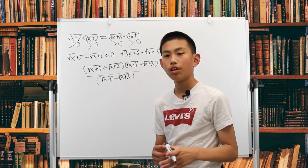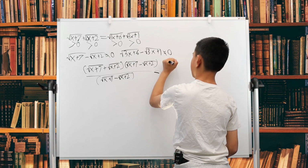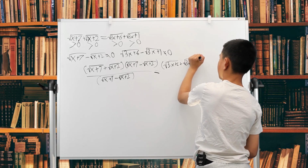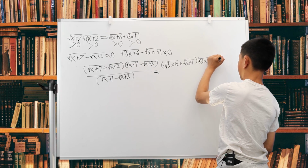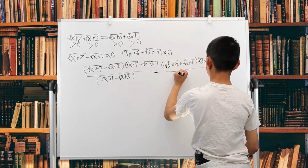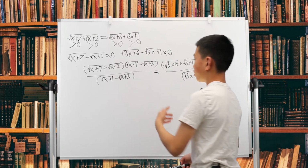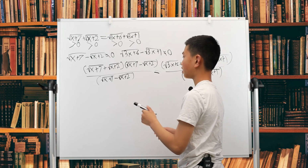We do the same thing for the right-hand side. So the right-hand side is going to be the square root of 3x plus 6 plus the square root of 3x plus 1, multiplied by the square root of 3x plus 6 minus the square root of 3x plus 1, divided by the square root of 3x plus 6 minus the square root of 3x plus 1. Now, all I did was multiply and divide by the same value on both sides, just so we can get